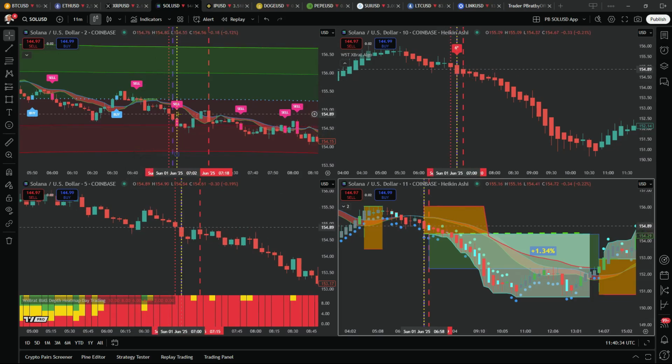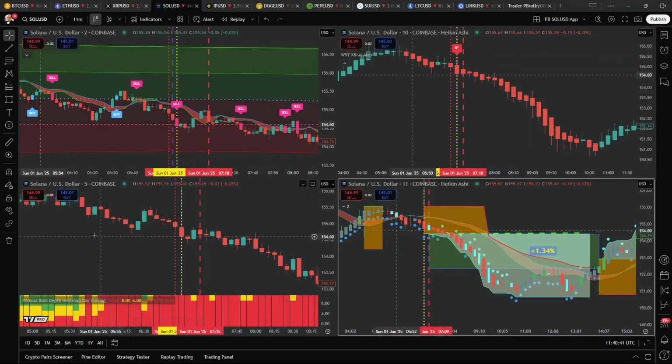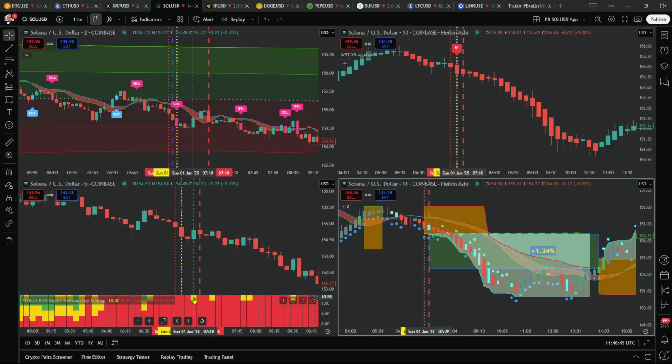So this comes in at 0702, this yellow vertical line here, and then we have the 5-minute on our bias depth heat map. You can see they're all red. We go 5 out of 6 there, but that's fine. We're looking for 5 out of 6 or 6 out of 6. That gives us the bias and the confidence to go short. Now, they come in over a certain amount of time. This last red hashed vertical line is when we break the start line of the anchor strategy,